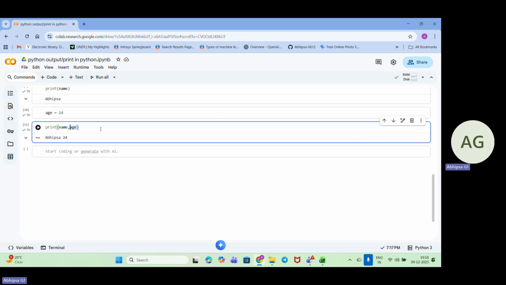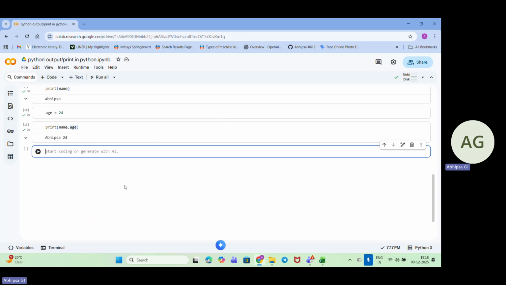Okay, if I need to print without a new line, by default print goes to the next line. Let me show you. Print hello.